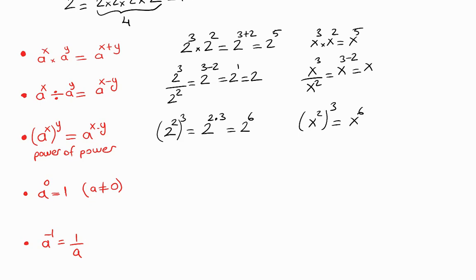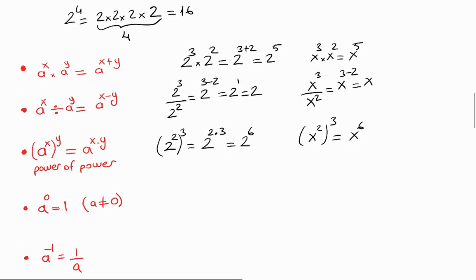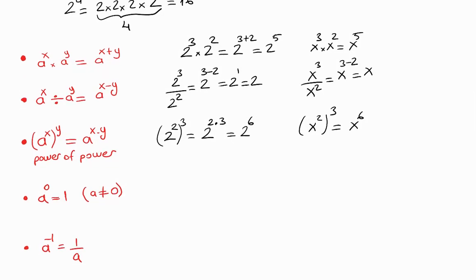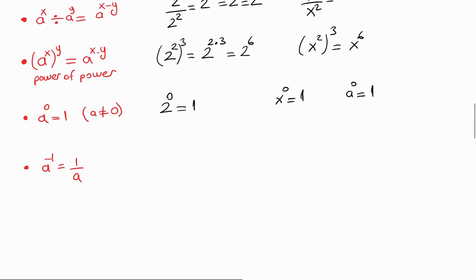Okay. So any letter or any number, if it has exponent 0, like 2 to the 0 is equal to 1, or x to the 0 equals 1, or a to the 0 equals 1. Okay,